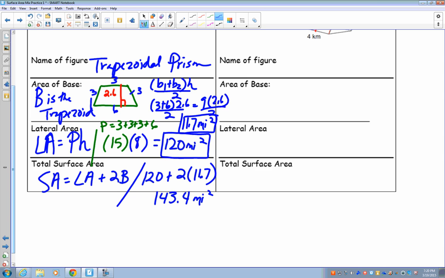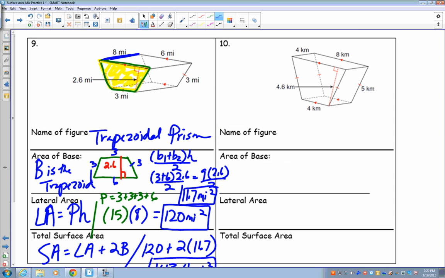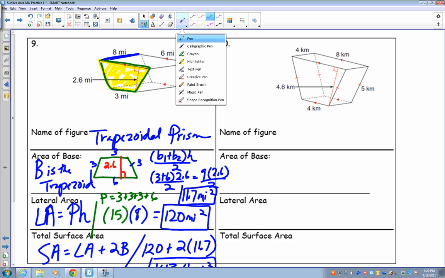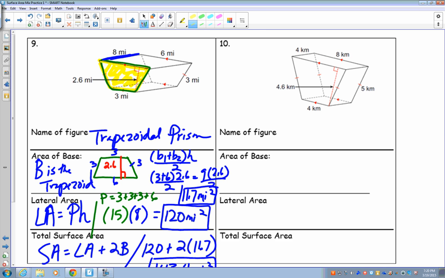Now, if for some reason, as you're watching this video, anything goes too fast, please take a moment to go back and replay it, because you are going to be expected to do a trapezoid, which is number 10. And to help you recognize the base, make sure that you are using the two congruent trapezoids. And if you want to redraw that and label it,